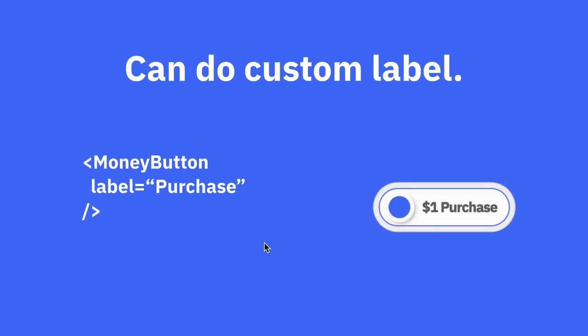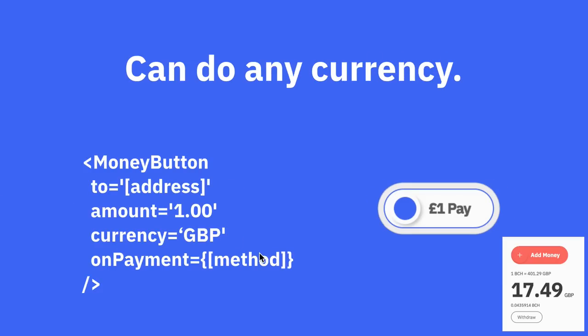You can customize the label, of course. You can pass whatever you want into the label and customize the visual appearance of the button. You can do any currency. We actually support every fiat currency and the top cryptocurrencies. If you are creating a button, you can specify any currency that you want. In this example, I'm showing British pounds. You can specify anything you want in the button, but the way the button is displayed